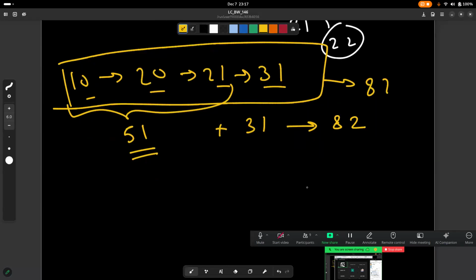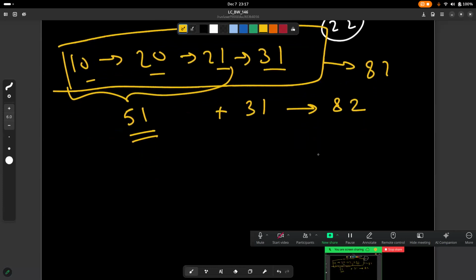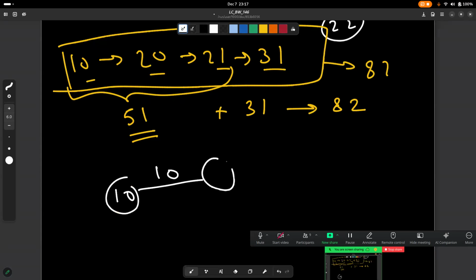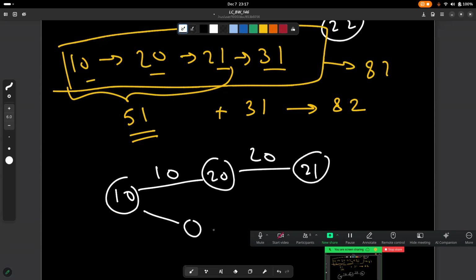Okay. If I have to recap, what we're trying to do here is represent each number with a node in a graph. Every time we can go from one node to another, we represent it by a bidirectional edge, and the node closest to the source forms the weight of this edge. So from 10, I have an edge of weight 10, 20, 21, and so on. And if I have one more way to reach this